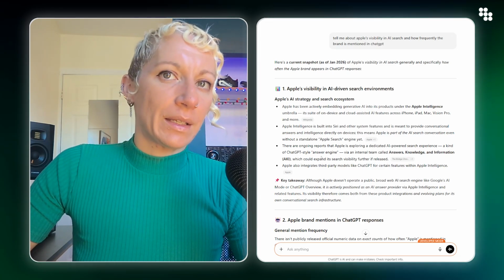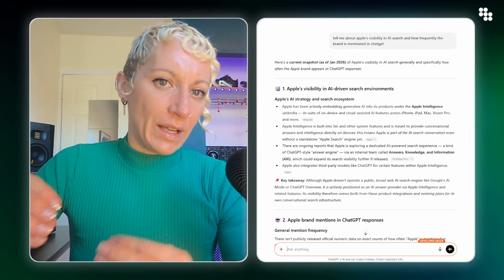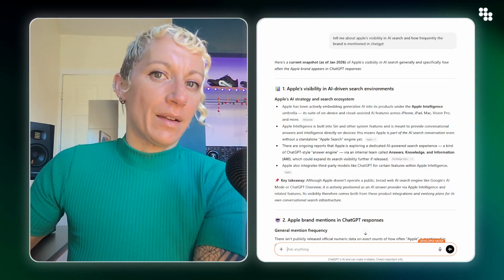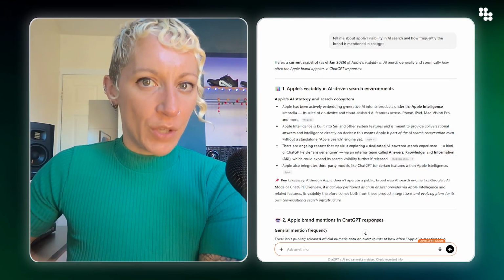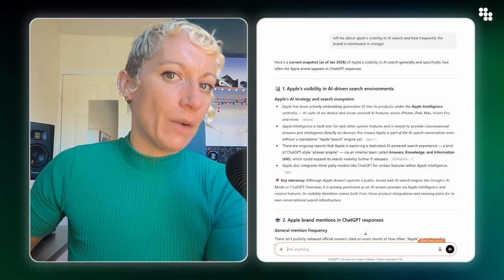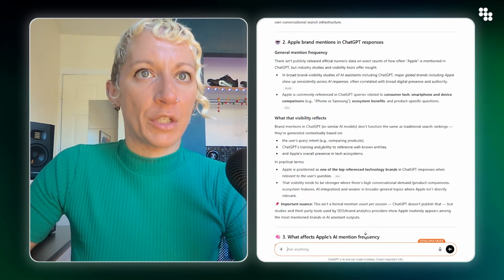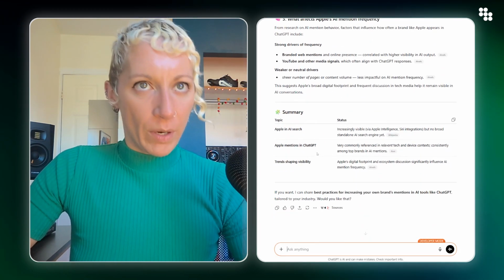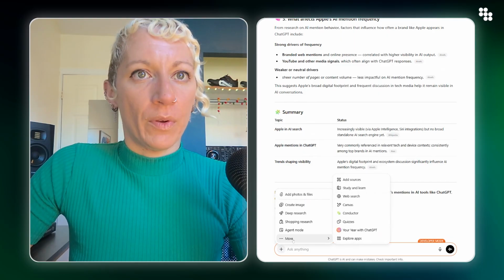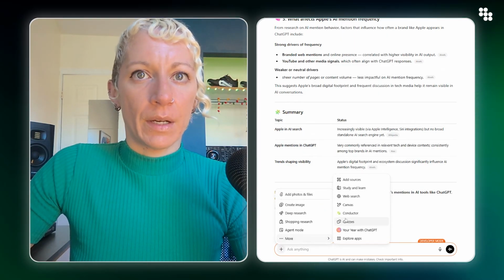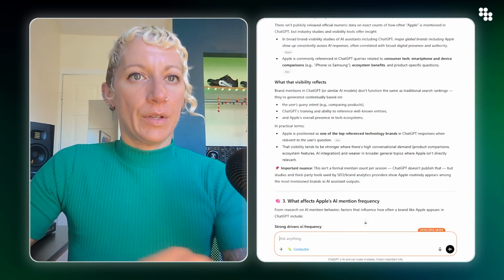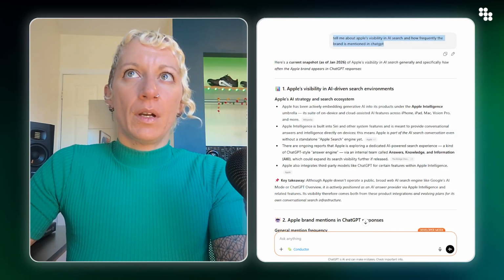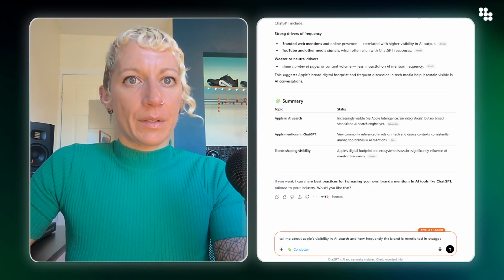But in reality, this is not giving us the exact data that Conductor would actually have access to when it's tracking real prompts and seeing how visible the brand actually is within ChatGPT. So this is somewhat helpful, but it's even more helpful when you connect Conductor and you can ask that same question. And because I have Conductor turned on now,